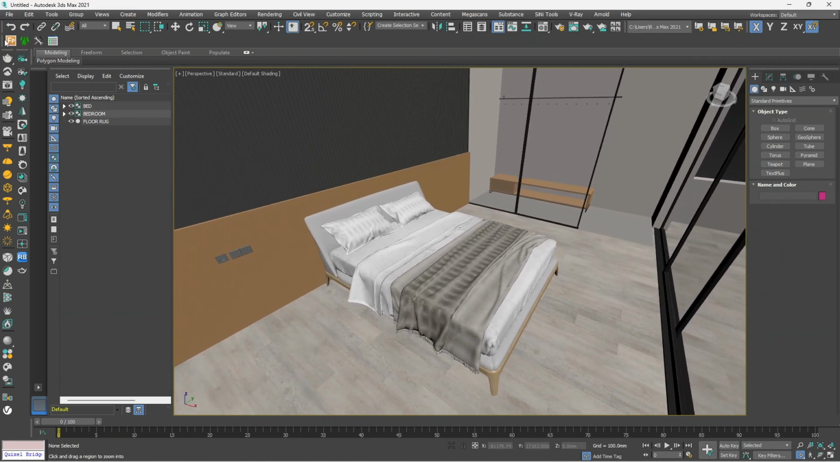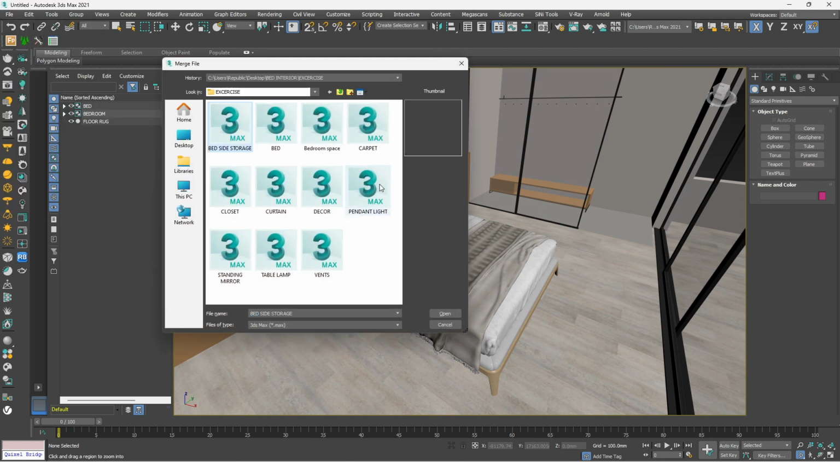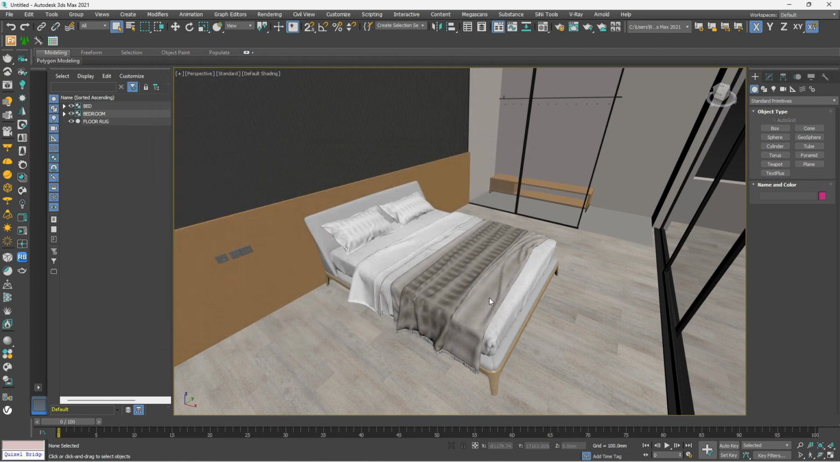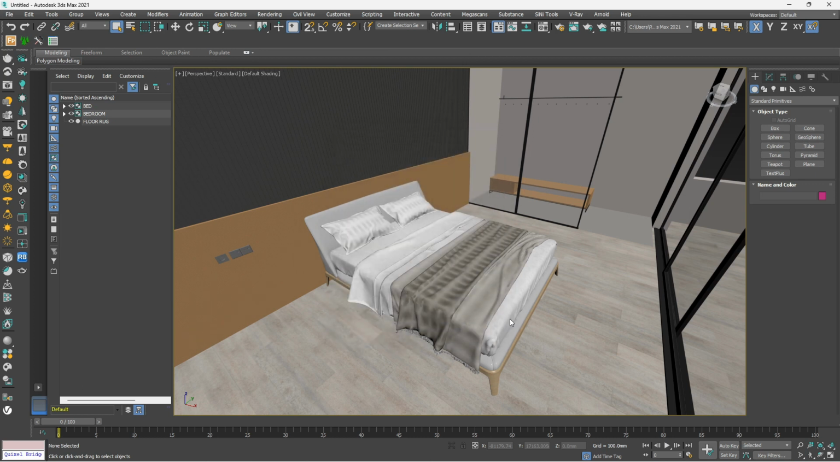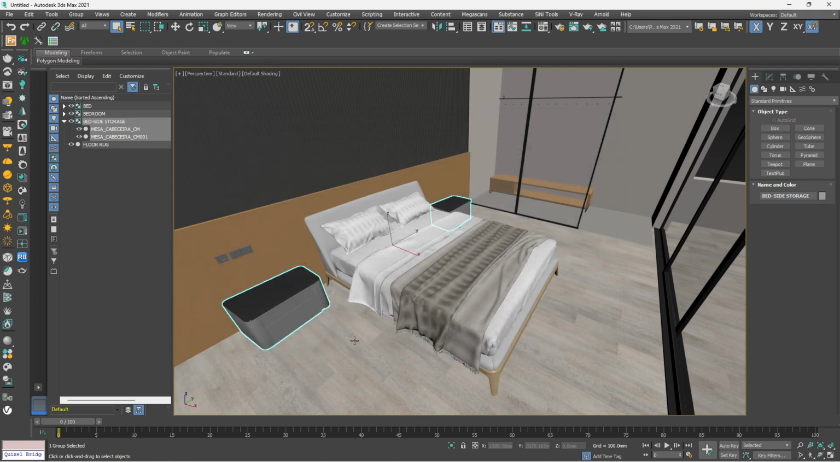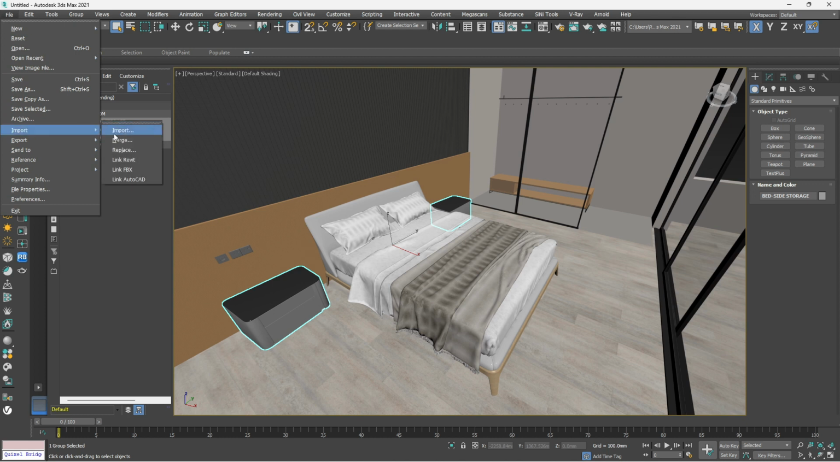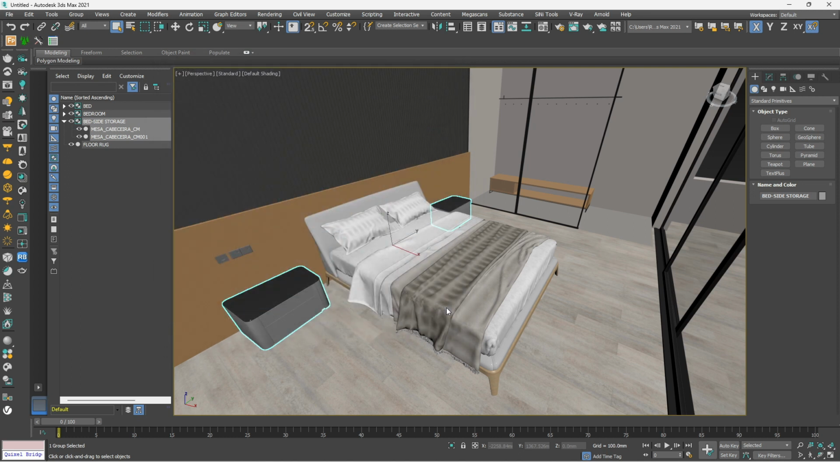So we have the bed, and the next thing we are bringing in is our bedside storage. So we have them open. So I'll check it. Okay, so this brings this up. So just close, and then you have it positioned there. So the next thing we'll do is to import some others. So let me just merge. I want to bring in my carpet. Okay,